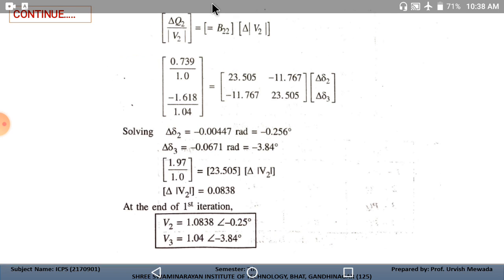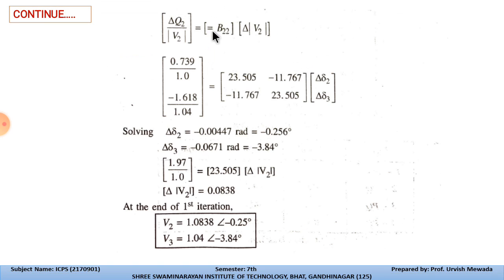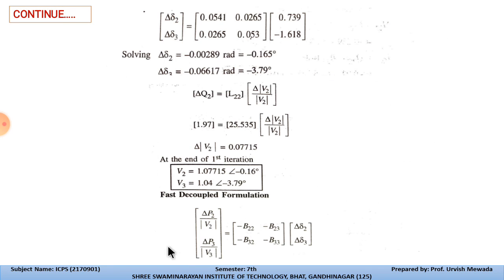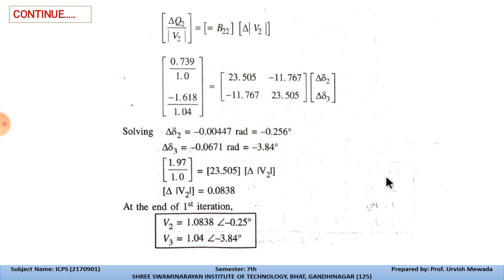So the equation will become, after neglecting the terms of delta P2 by V2, for the reactive power, delta Q2 by mod V2 is equal to minus B22 at delta mod V2. So by placing all the values, delta 2 is equal to 0.5256 degree, and delta 3 will be 3.84